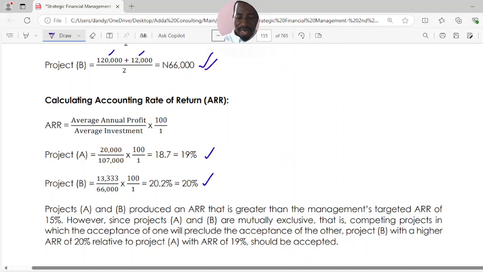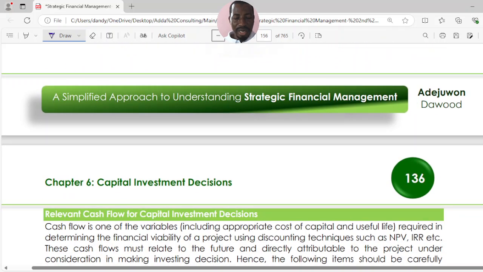However, since project A and B are mutually exclusive, that is, competing projects in which the acceptance of one will prevent the acceptance of the other, project B with a higher ARR should be selected. Project B with a higher ARR of 20% relative to project A with ARR of 19% should be accepted. So we are selecting project B because project B has a higher ARR relative to A of 19%. All right. So that's the decision under